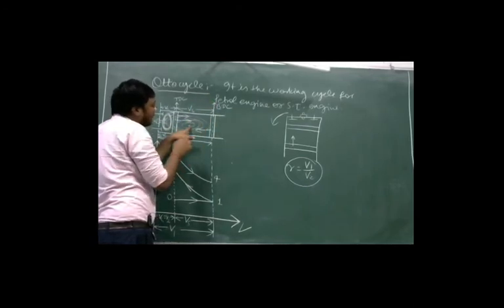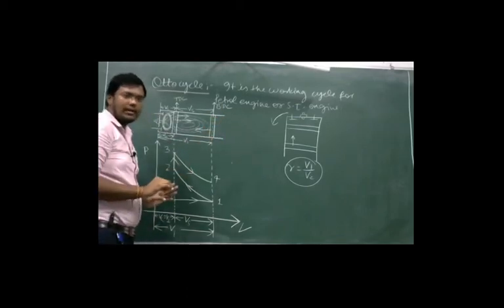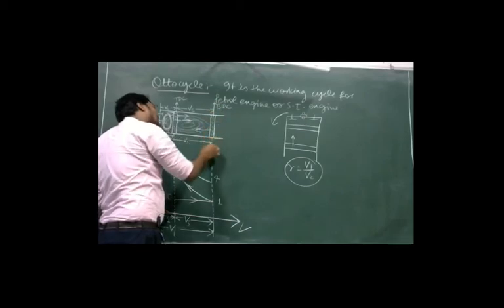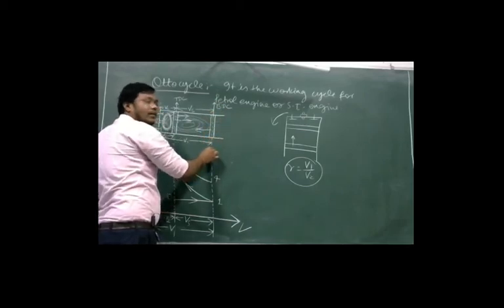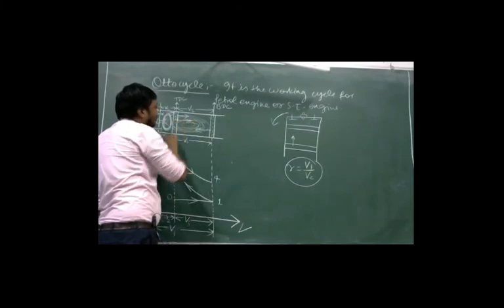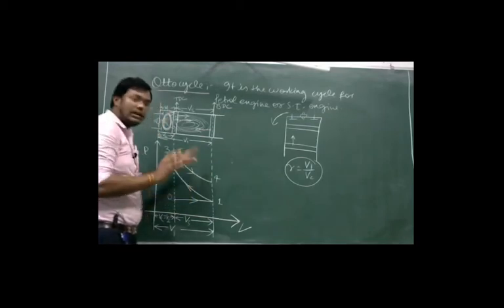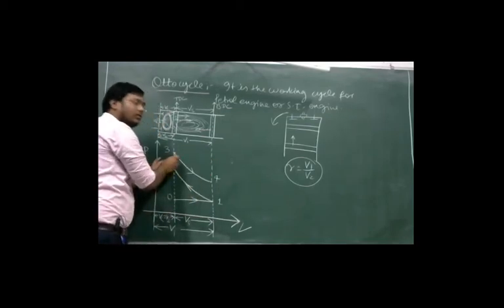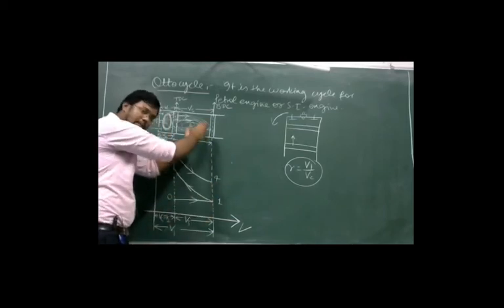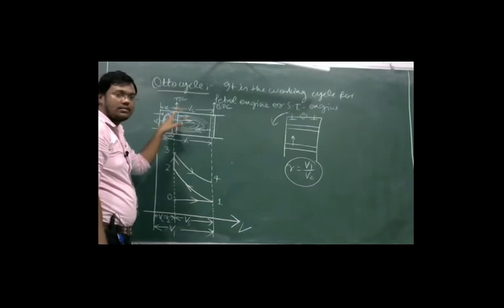At this time the piston again remains at BDC. The piston will not move. During this heat rejection process, this cooling down process, the piston remains at BDC, which means again we need not move from BDC to TDC. We have to remain on this BDC line. And this process is known as the heat rejection process.